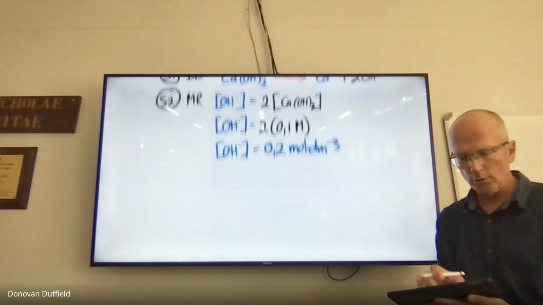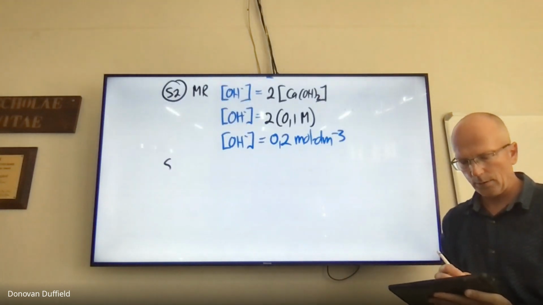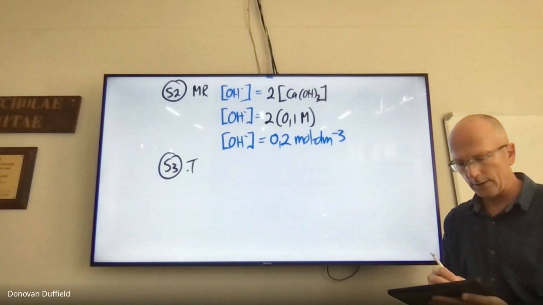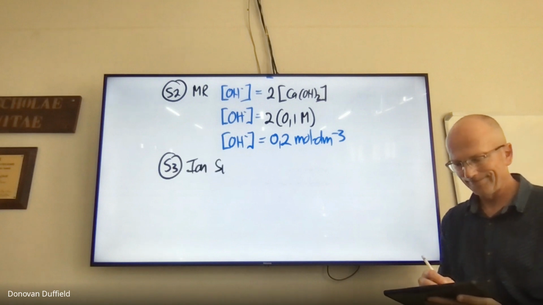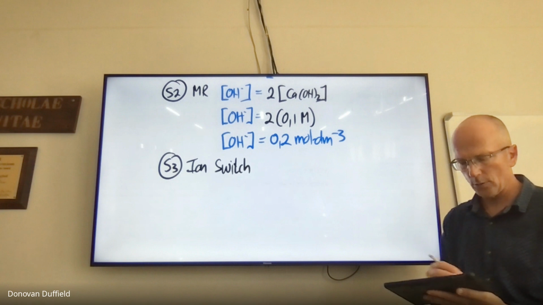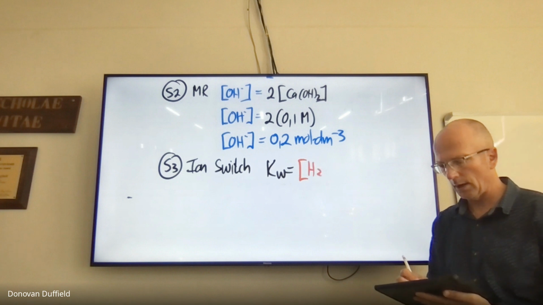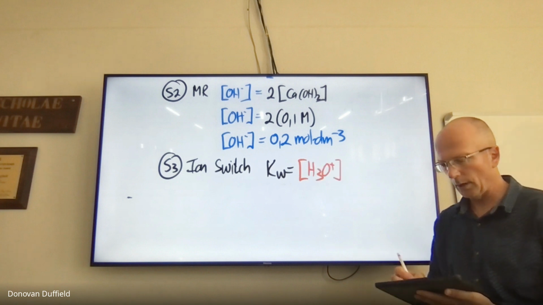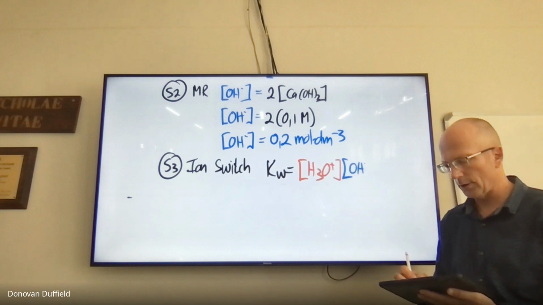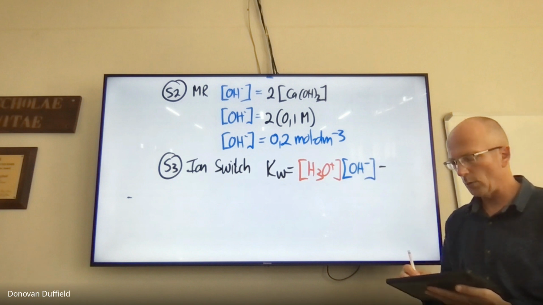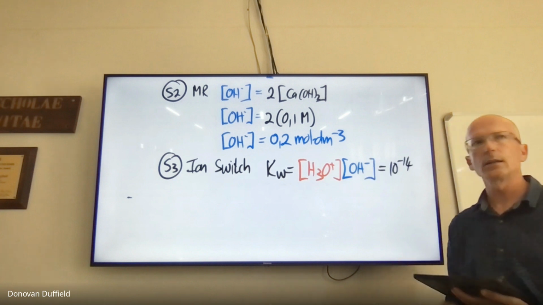So what you do now, step number 3, is you do the ion switch. And the way you do the ion switch is you use Kw is the concentration of the hydronium ions multiplied by the concentration of the hydroxide ions, which equals 10 to the negative 14